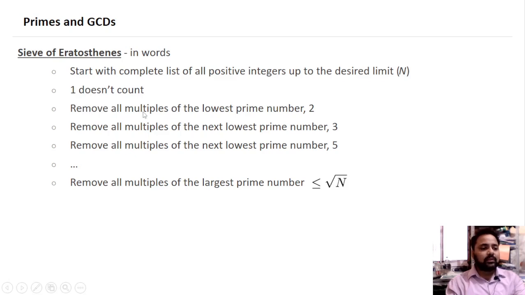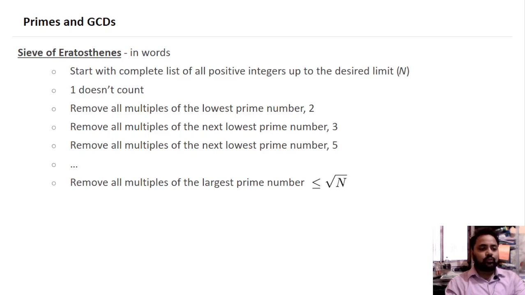Remove all multiples of the lowest prime number 2. Secondly, remove all multiples of the next lowest prime number 3. Then remove all the multiples of the next lowest prime number 5. Remove all multiples of the largest prime number less than or equal to the square root of n. So here, for these numbers 2, 3, 5, dot dot, up to the square root of n,